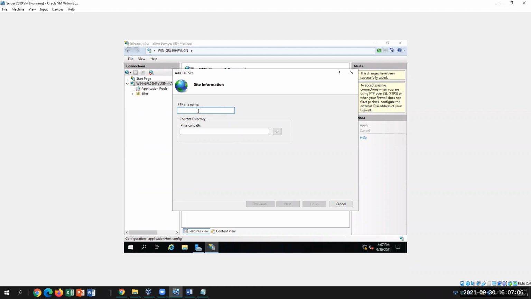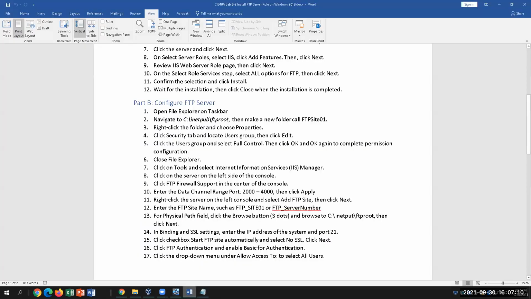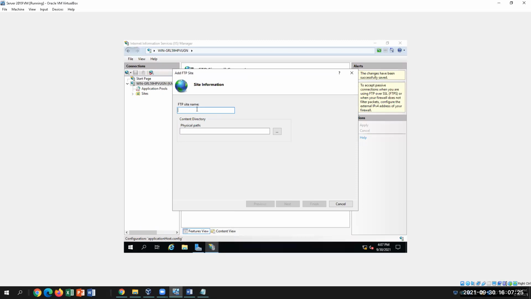But okay, so for the FTP site name, I just use a generic site here, but you're welcome to use your own name. So I just put FTP_site 01, or you can just put your server number, whatever, right? What would be suitable for